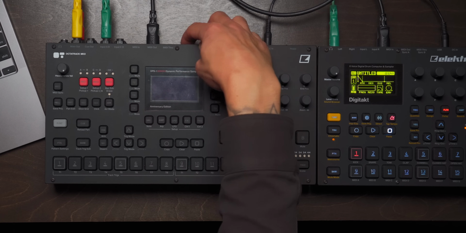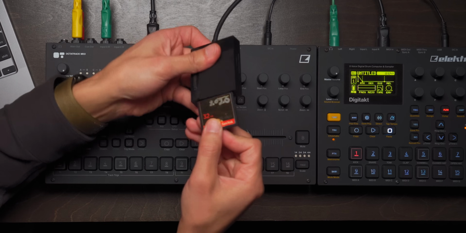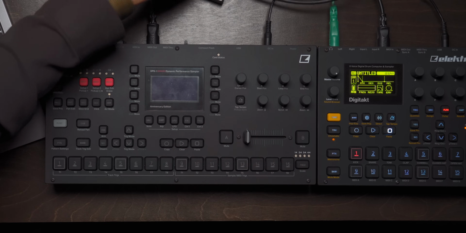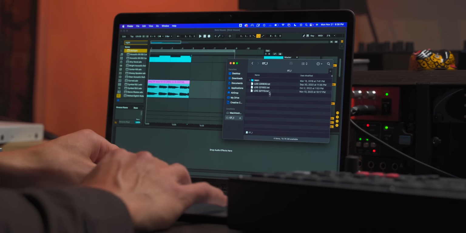But you can put the MPC 1000 as well as the Octatrack in a USB disk mode, but it's super duper slow when transferring files. So what I end up doing on the Octatrack, similarly to the MPC, is turn it off, pop the card out, and plug it into a CFast reader or a CF card reader. And the reason I like doing this is because I can do this either way, right? So if I go to the Octatrack